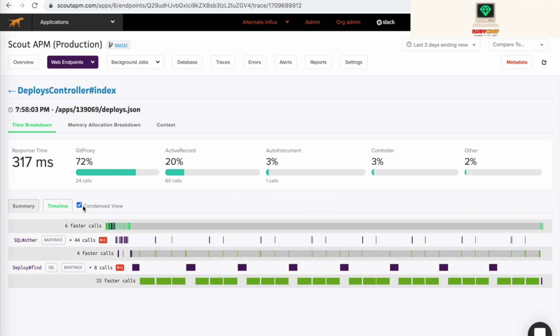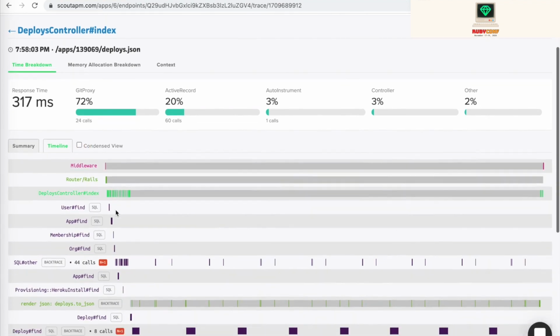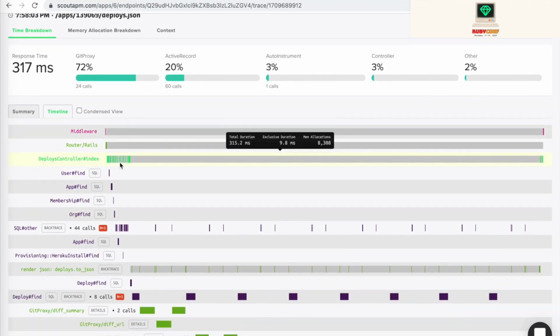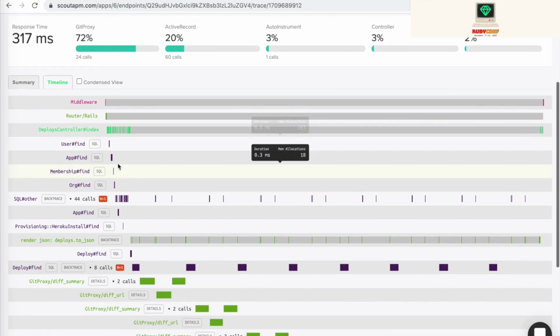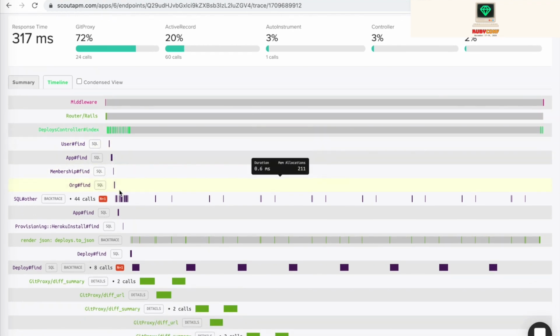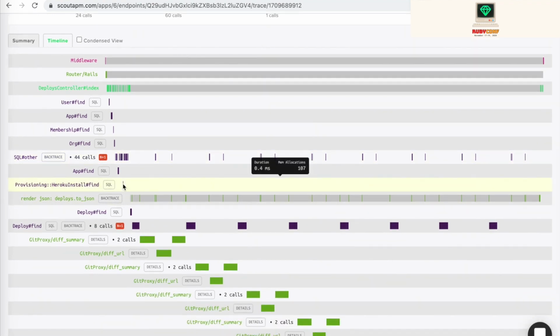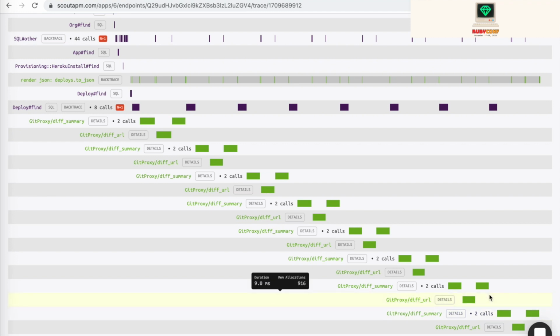By default, we show the condensed view. The condensed view tries to point out which layers were actually taking the longest during this request. And if you unclick the condensed view, you get to see in detail what happened as your request was being handled. So you can see there's some SQL calls. Down here, we hit an n+1, and then we called a render, which then called a few more SQL calls, and then we rendered a lot of templates to actually display the web page. So you can get a very, very detailed breakdown of what happened within your request through these detailed traces.